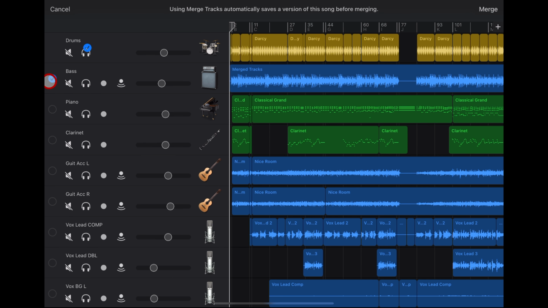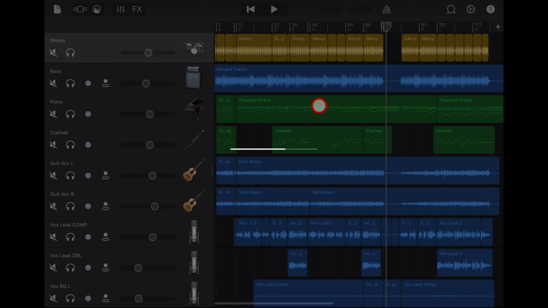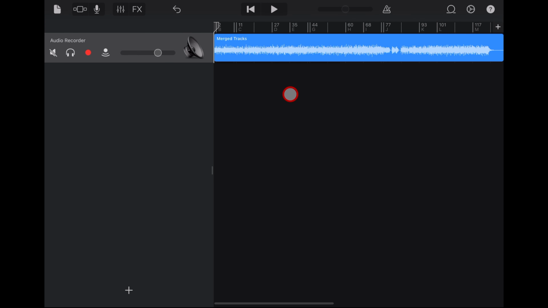Now select all of the tracks in your project, as many as you have. And there is a bug at the moment with your first track, so don't worry if yours looks over here, it will be selected. Now just tap on the merge button in the top right. GarageBand goes through and renders or mixes down all of these tracks, including all their effects and panning, into one stereo track, and done. And now if we hit play,